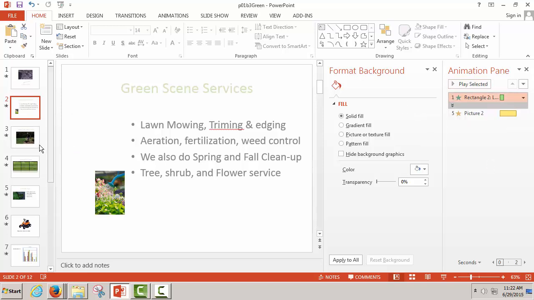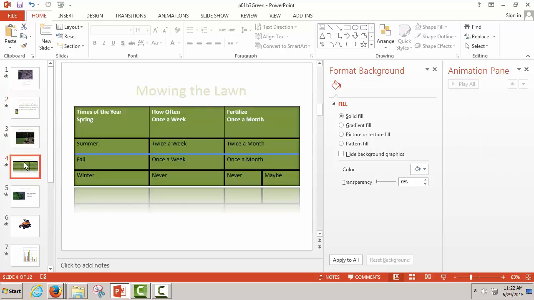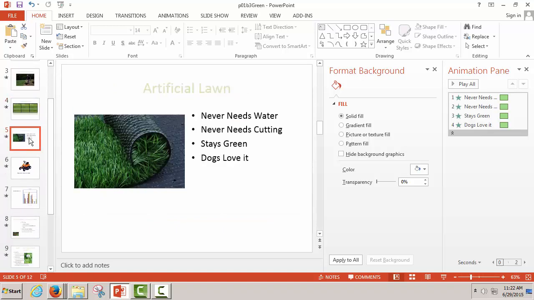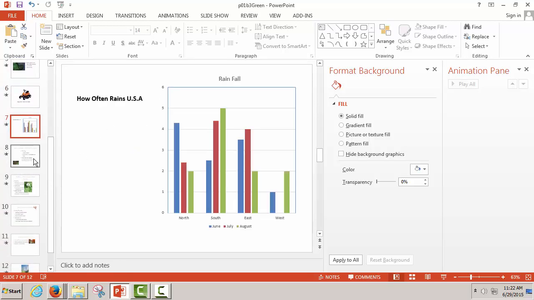That's a mistake. Then we have a picture, right? We have a table. We have another picture with bullet points that move. We have a picture where we learned to resize the picture. We have our chart, and then down here we have